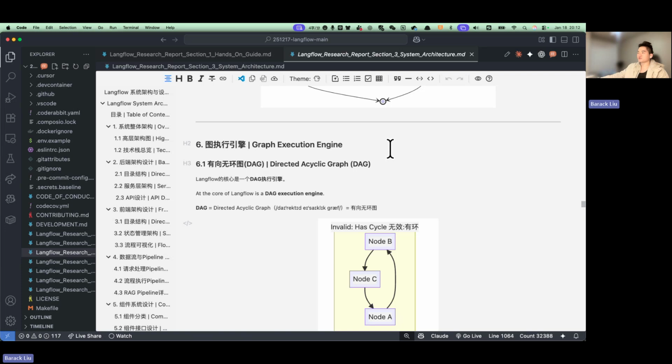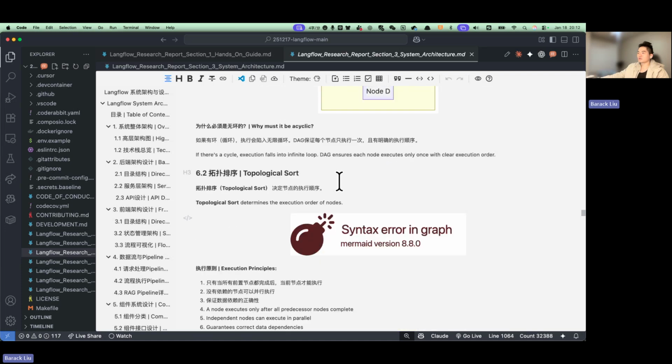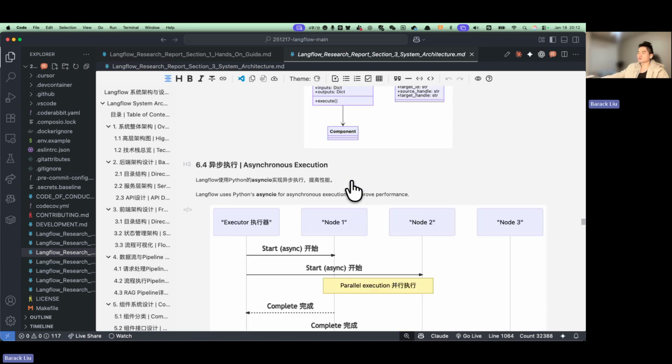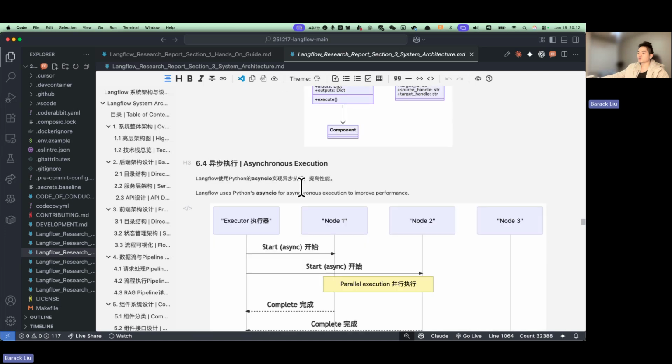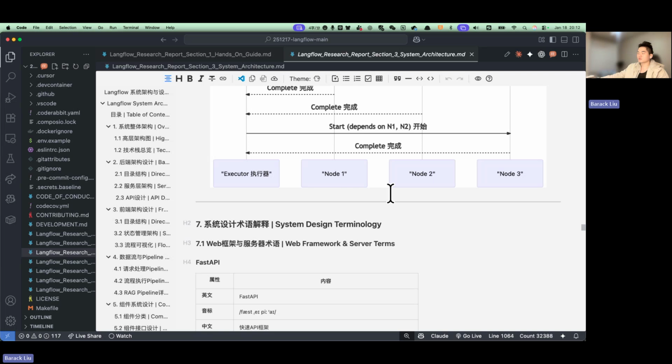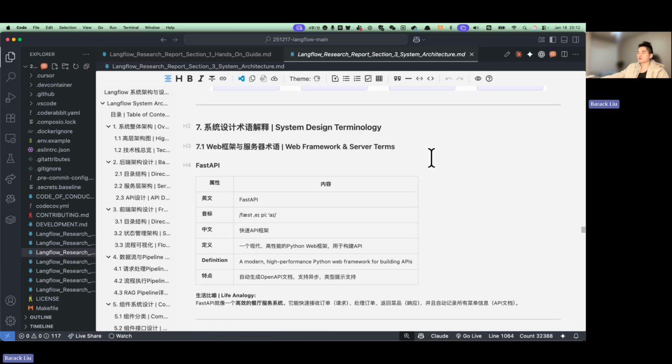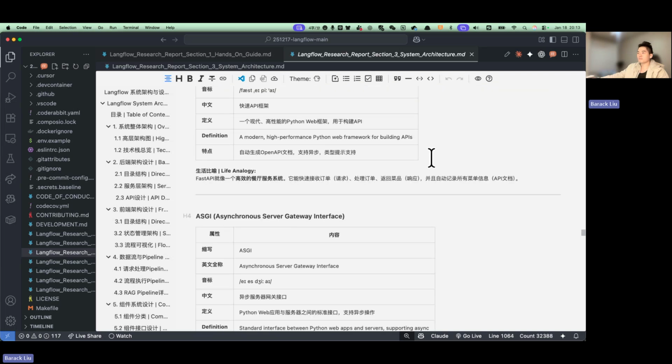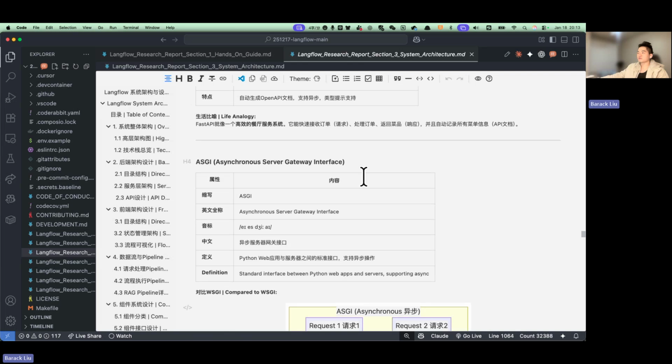Graph execution engine includes DAG, directed acyclic graph, topological sort, graph data structure, asynchronous execution. And here's some system design terms, like FastAPI, like